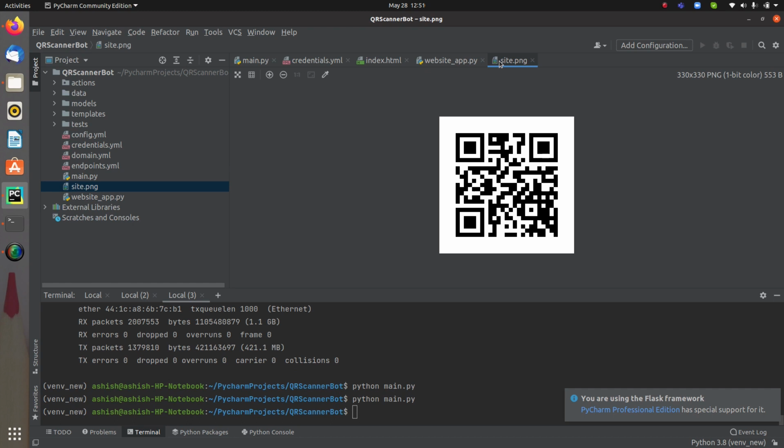So in this way we can do the authentication process, or let's say we can add a little bit of security to the Rasa chatbot. Like in the previous session I showed how you can do it with OAuth, and this time I have shown you how you can do the security part for your Rasa chatbot with the QR code scanner. So in this way you can make the QR code and you can further scan it. So that is all about the QR code scanner, and I hope you have got a proper understanding of that.